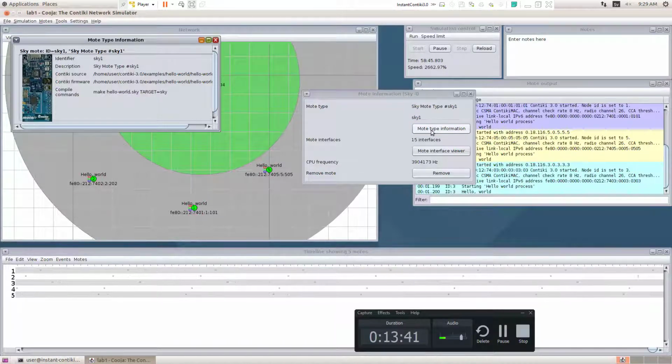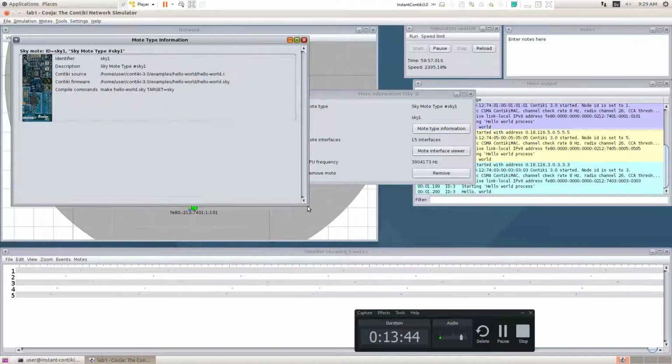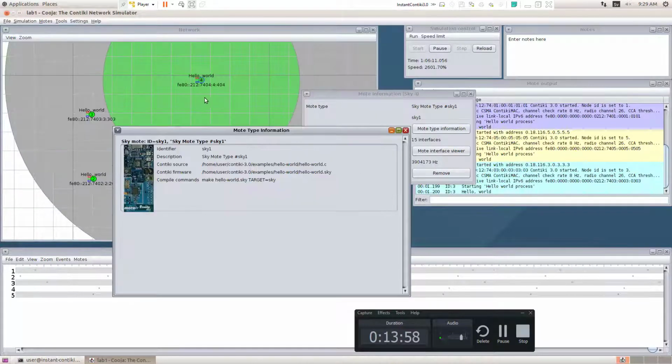Now I click the mote type. You can see the information here. This is the device, this is the hardware. That means this is a wireless sensor device. This device we are converting into software and displaying here. If you go to Packet Tracer, you can find a router as a circle. That round shape is a hardware device. The router device we display as a single circle, and inside it the programs are running. The same thing here.